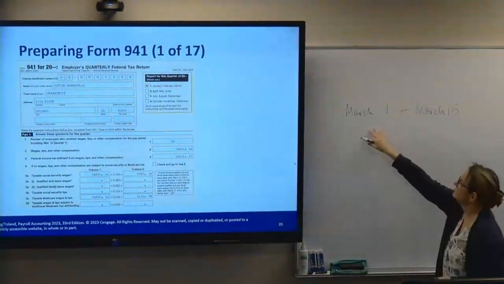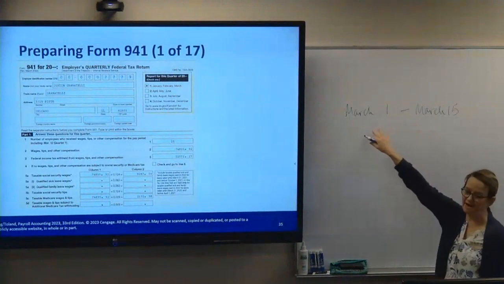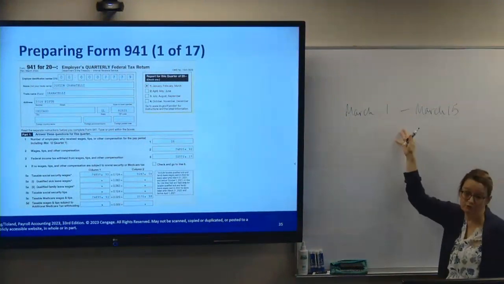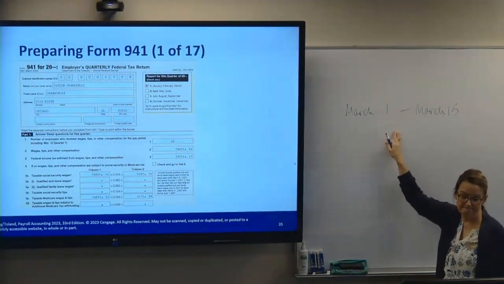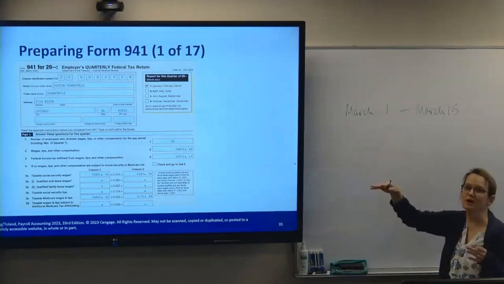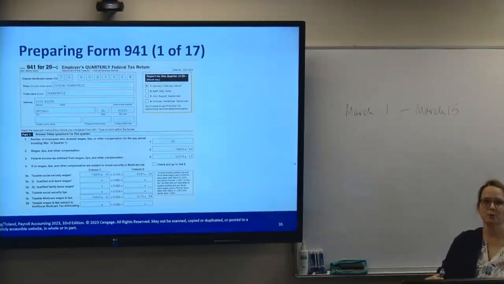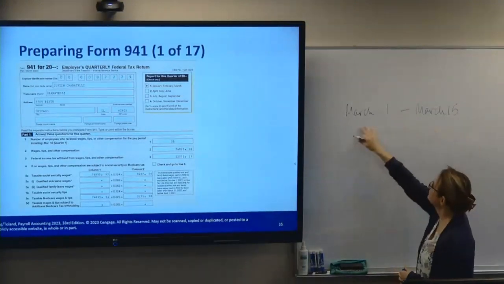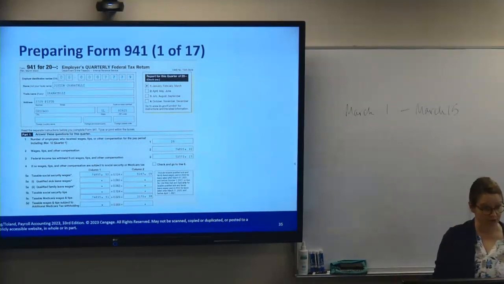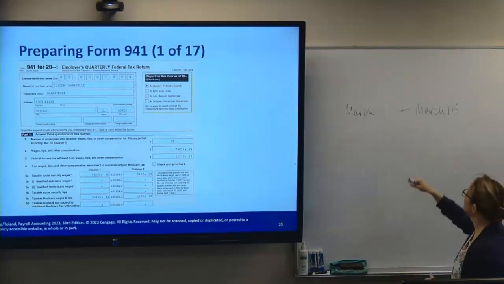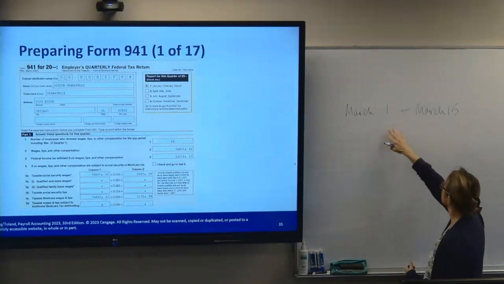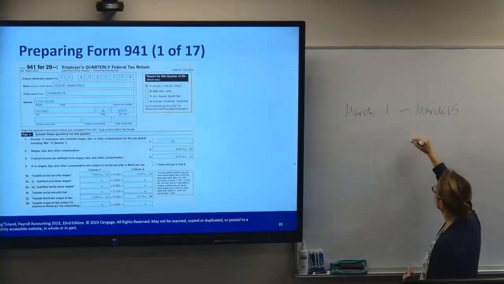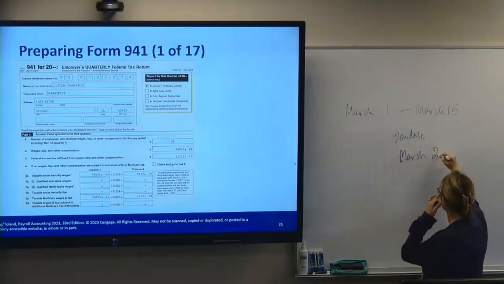So if the pay period ran from March 1st to March 15th, we're going to count the number. This pay period includes March 12th, right? So not the number of employees we have on March 12th, but the pay period itself that includes March 12th. So if this is our pay period, March 1st through March 15th, and the pay date was, let's say, March 23rd,